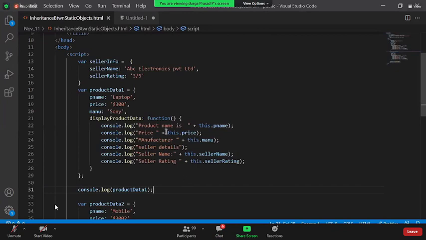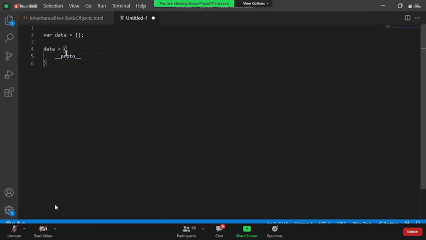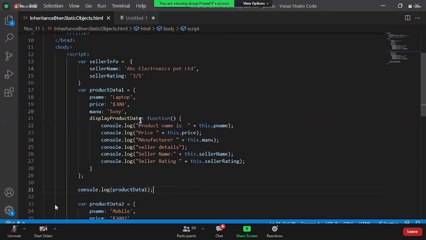Repeating again, what is the use of this __proto__ property, which is by default available in every object of JavaScript? Using it you can expand the behavior of any object, so that it can point to the other object's properties also. Now, we are saying this.sellerName. This means what is the current object?